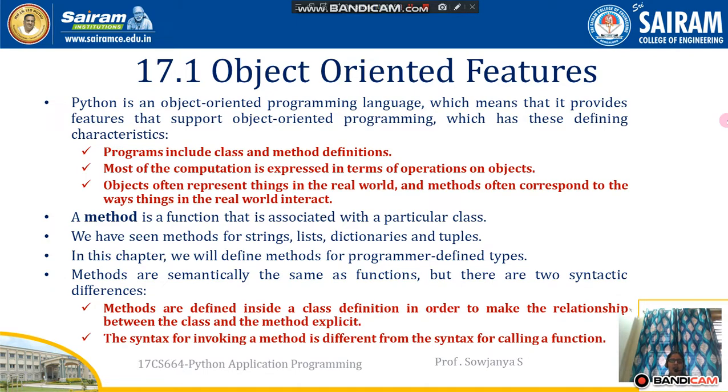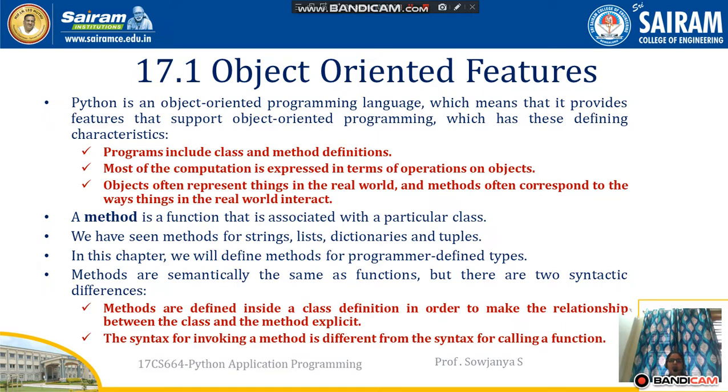we'll discuss in brief what exactly the object-oriented features are. In general, we know there are some object-oriented features used in object-oriented programming languages like C++. There we have features like encapsulation, inheritance, and polymorphism. So these features are used in programming languages. In a similar way, how can we use these object-oriented programming features in the Python programming language?